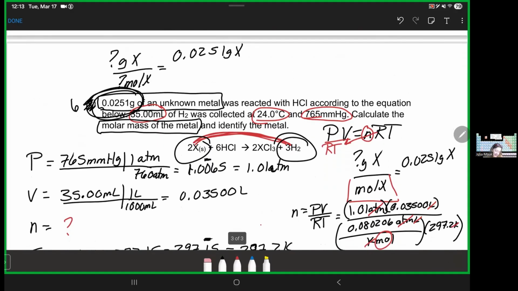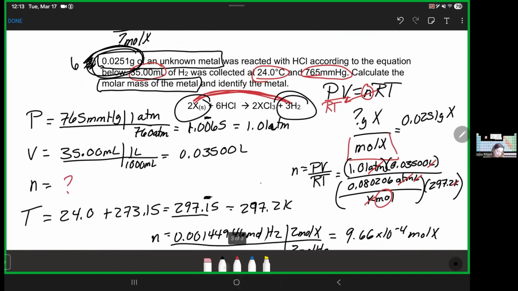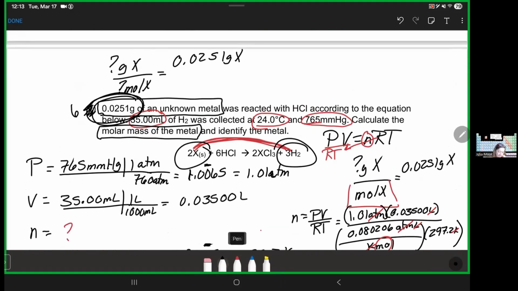My moles I calculated to be 9.66 times 10 to the negative 4. Okay, and when I do that math, I get,